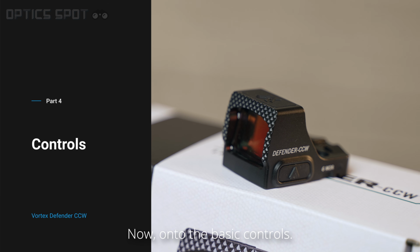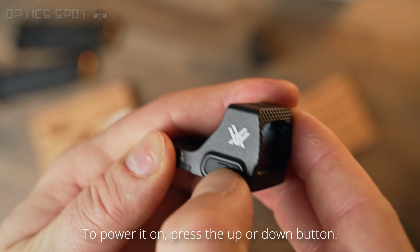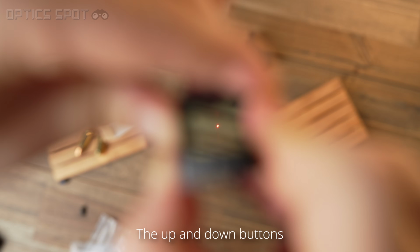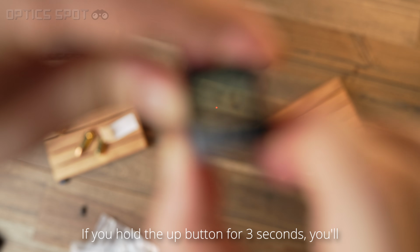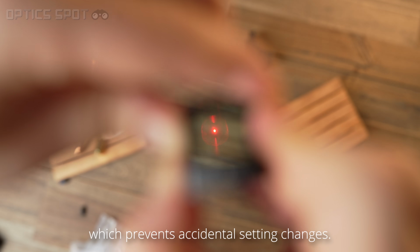Now onto the basic controls. To power it on, press the up or down button. To power it off, hold the down button for 5 seconds. The up and down buttons also control the brightness. If you hold the up button for 3 seconds, you'll activate or deactivate the button lockout mode, which prevents accidental